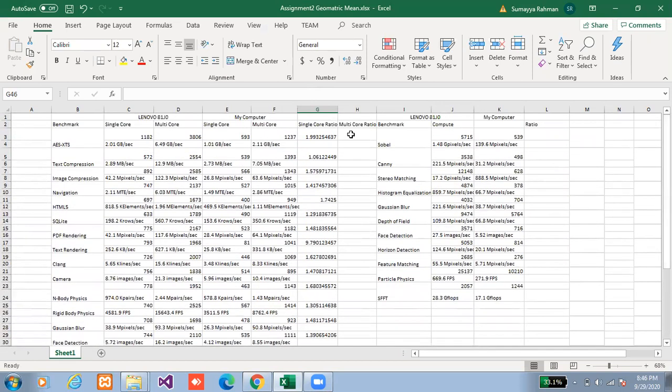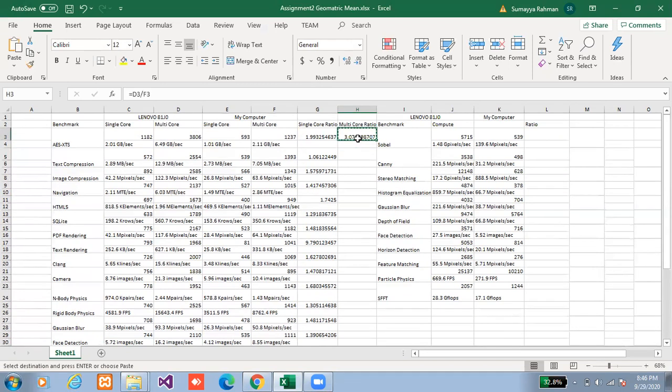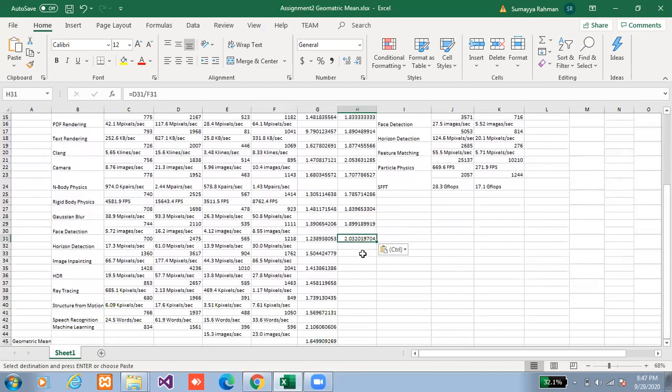Now calculate the multi-core ratio. Multi-core ratio is the multi-core of the reference divided by multi-core of our computer system. Now calculate the geometric mean of the multi-core ratio.